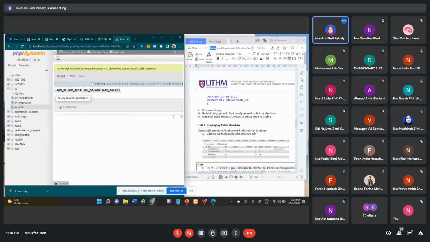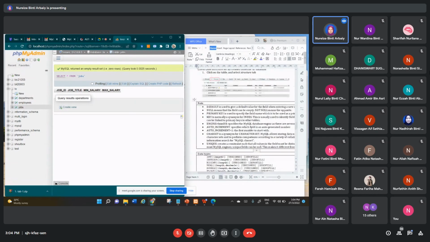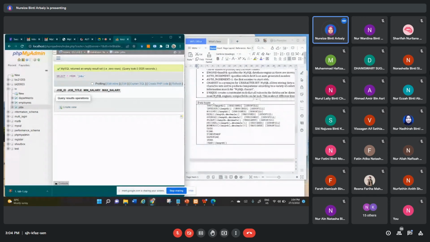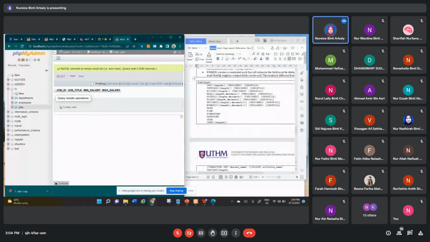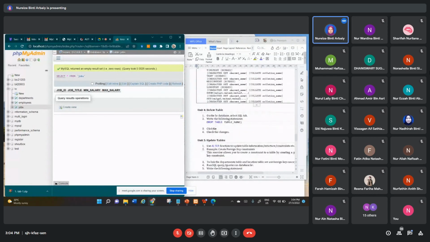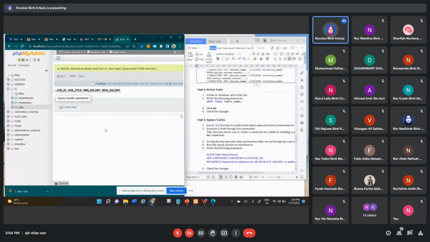Then manager. Next, I also provide you some notes. What is actually the default? What is null, primary key, and then auto increment, and also unique. But only some of the features are used. Then we also have the data types here. Next, if you want to delete all the table set, you can use the letter